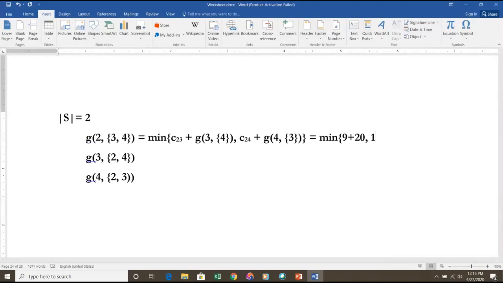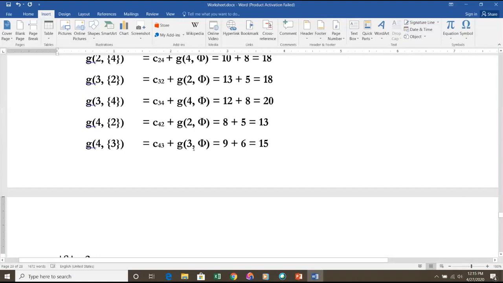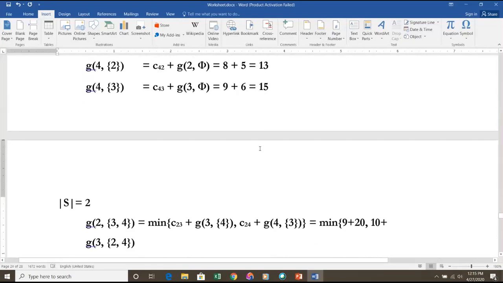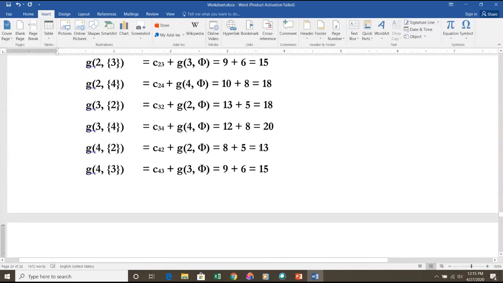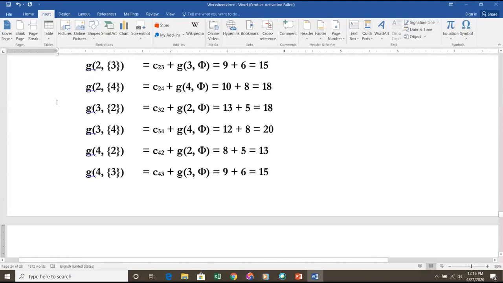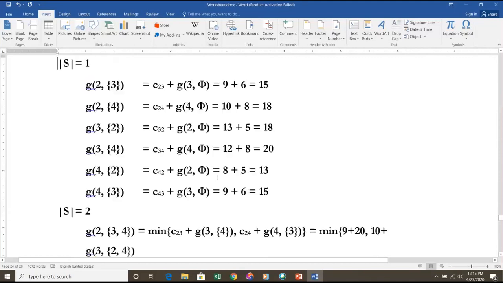plus g of 4 comma 3 from the previous step. 4 comma 3 from the previous step, it is 15. Minimum is 10 plus 15, that is 25. Next